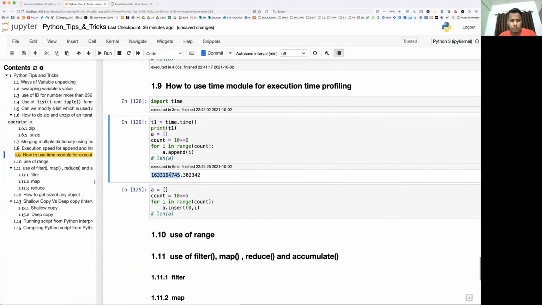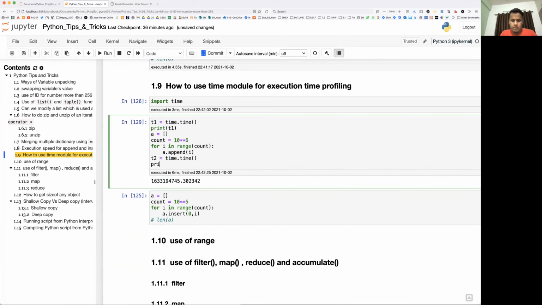Okay. So whatever number you are getting, don't worry about this, because I'm going to get another number using T2. After execution, I'm going to run this once again. Once append is done, use T2 and just subtract it. T2 minus T1.